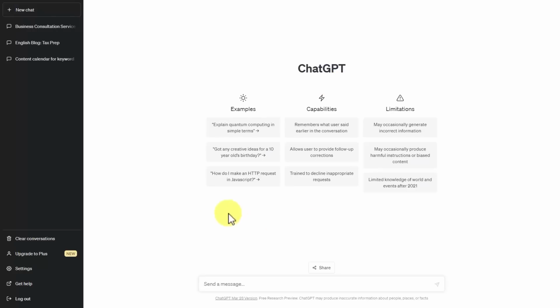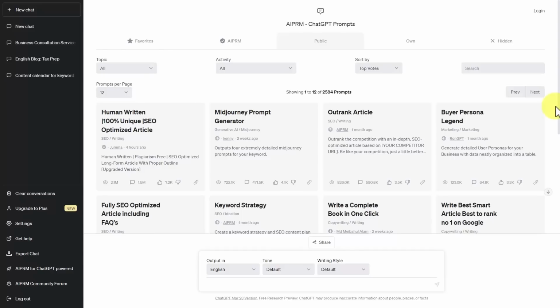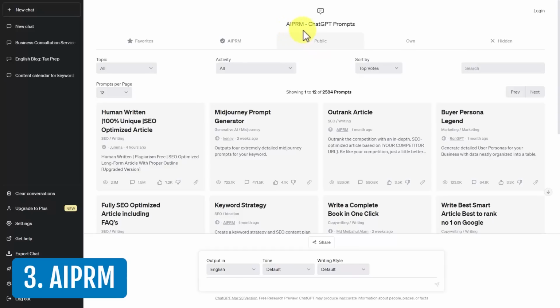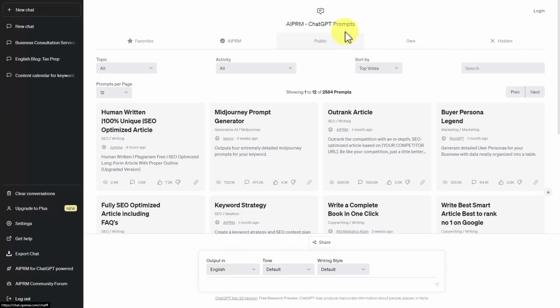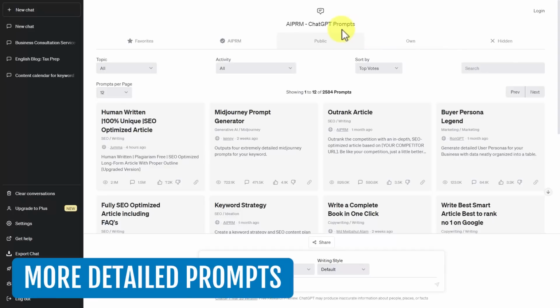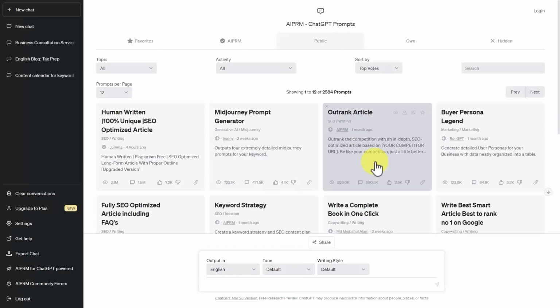It is going to turn our regular ChatGPT interface from what you see here into something so much more powerful. What we are using is an extension called AIPRM for ChatGPT. And what this is all about is giving us a number of much more detailed prompts so we don't have to give so much instruction,